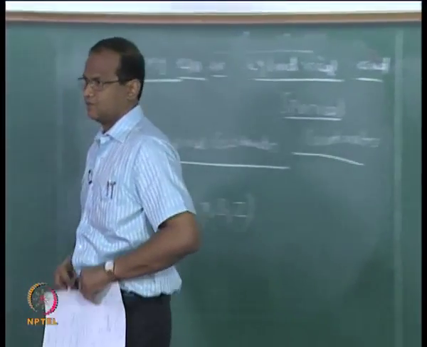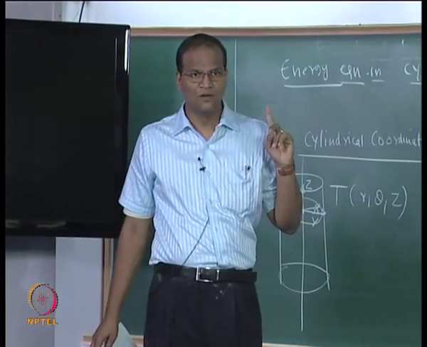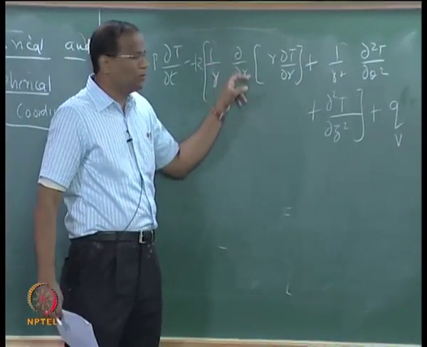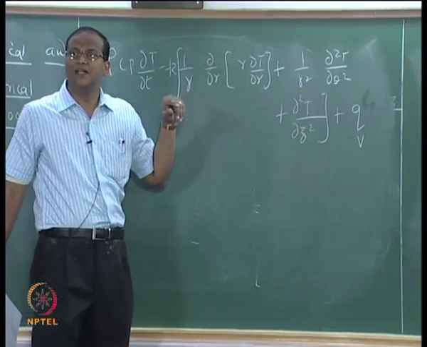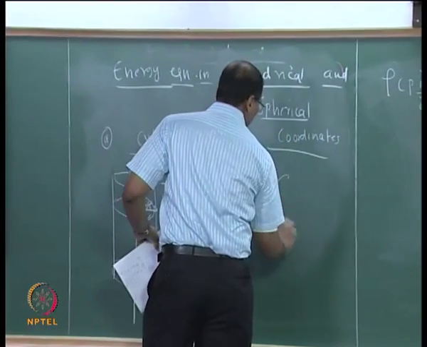This is for a uniform thermal conductivity K. So please note the essential differences between this equation and the Cartesian coordinate equation. Have you written this down? The essential differences are, the left hand side is the same, the right hand side you have got 1 by r dou by dou r of r dT by dr. We used to get d square T by dx squared there, but why is 1 by r coming